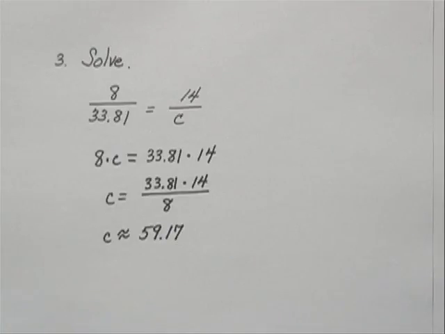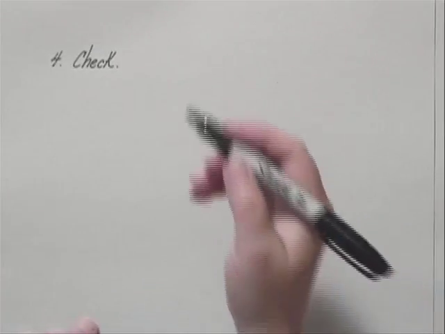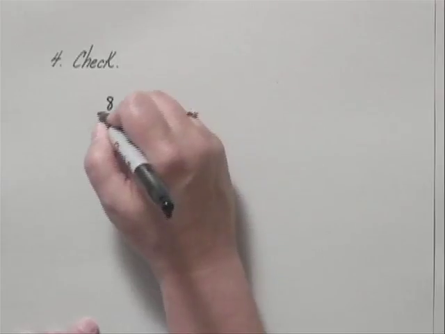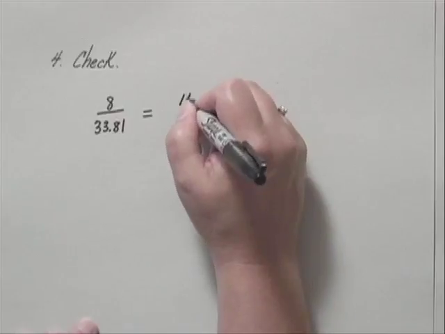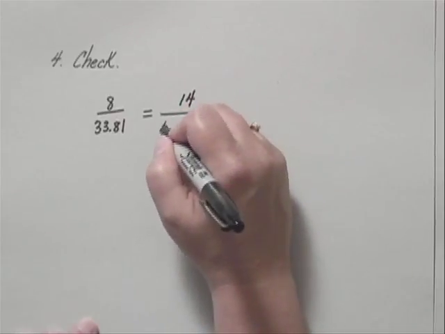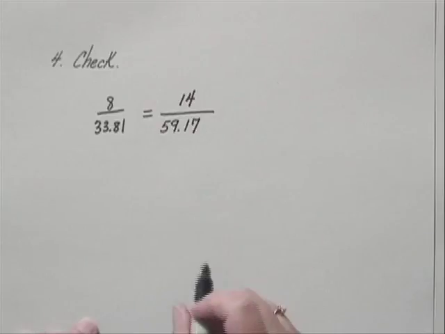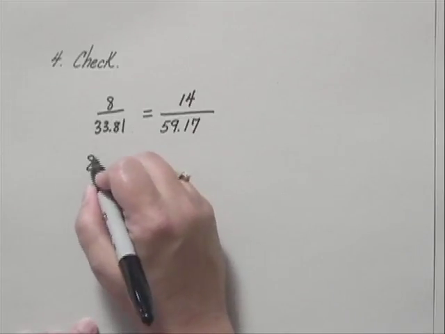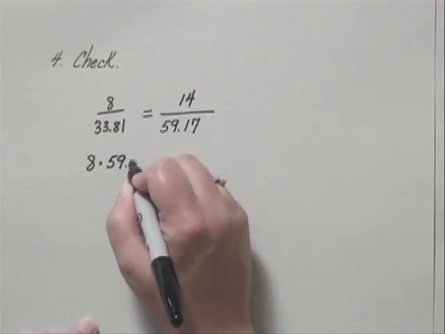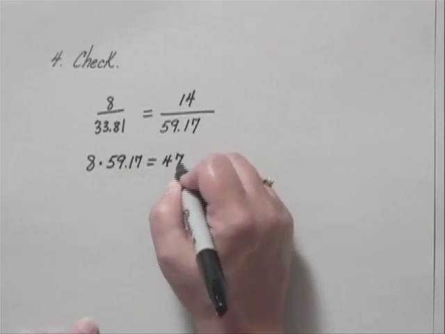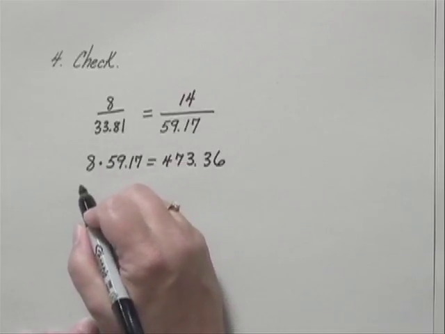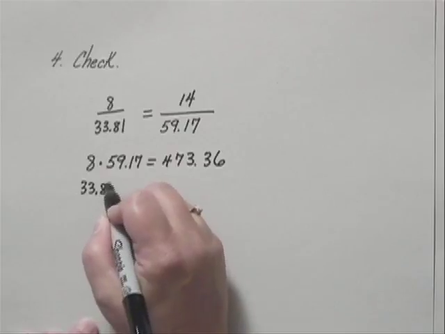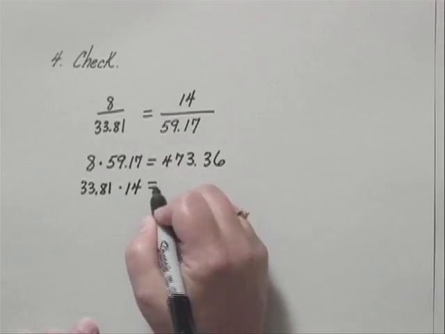That's a possible solution, so step 4 is to check. To check, we can actually put that number back in the proportion and check cross products. We have 8 over 33.81, and we're going to see, does that equal 14 over 59.17? Well, first this cross product, 8 times 59.17 equals 473.36, and this cross product would be 33.81 times 14, and that equals